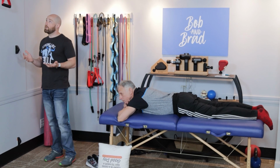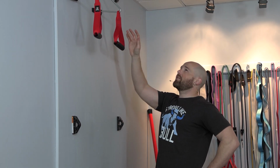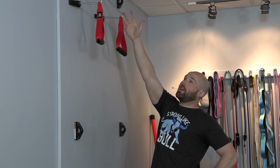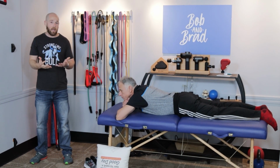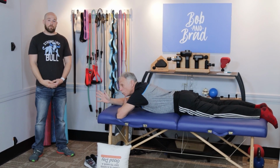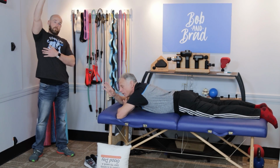So oftentimes people may be standing in their kitchen reaching for a cup high in the cupboard, and they're starting to get more pain because you're in an extension pattern like this. It gets very uncomfortable over time. So try to avoid being in this position for prolonged periods of time. Other activities I experience, like washing windows, where it's repetition overhead, or working on anything overhead on the